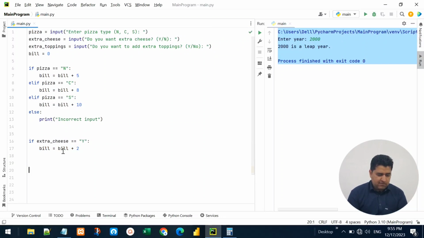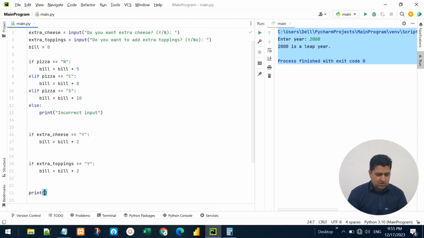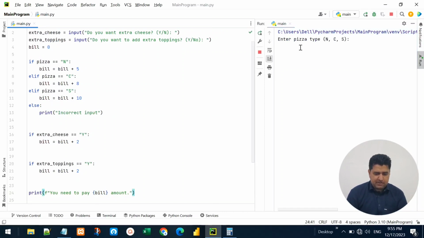And let me add another if which is completely independent of all these if blocks. I can say if extra toppings is equal to yes, then add 2 more. Bill is equal to bill plus 2. And at the end we need to print, let me add if string, you need to pay bill amount. So whatever is in the bill, that will be printed here. Let me run this program. Let me click this run button